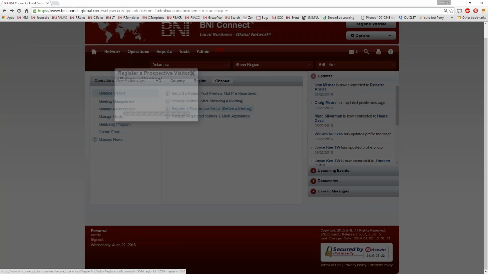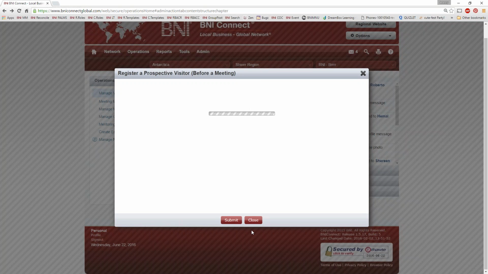register a prospective visitor before a meeting. And this essentially is the exact same thing that the visitor does when they click on the RSVP link, which is to basically just fill out the form. So you're able to register your visitor for that upcoming meeting. You just have to put in all that same basic information, the name, the address, the contact information, what date of the visit,